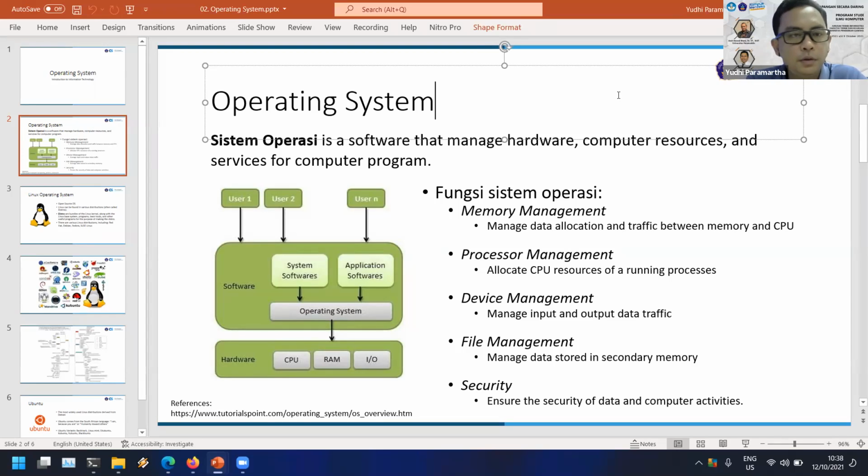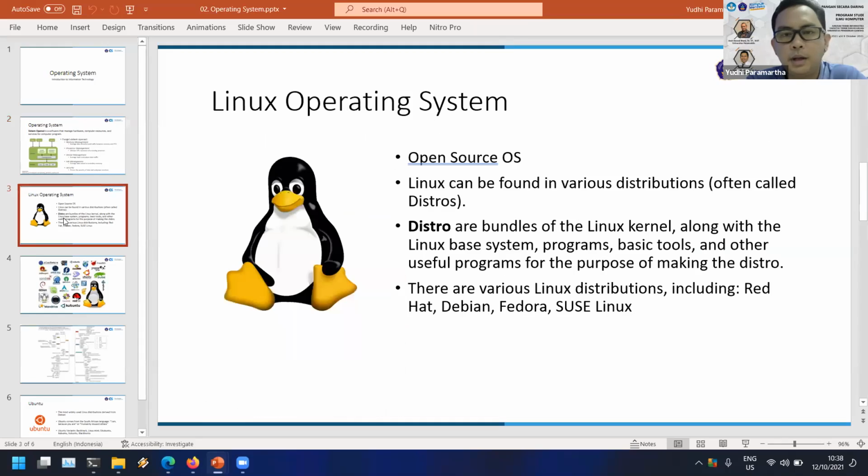Okay, we will move to the Linux operating system. I think you all already know about Linux, but maybe some of you are familiar with Linux, but some of you maybe have never used Linux. But I think most of you have already used Linux.